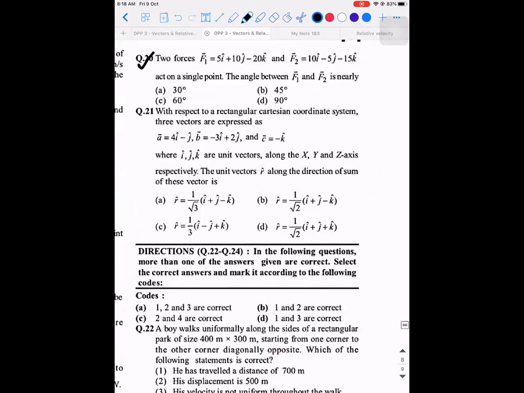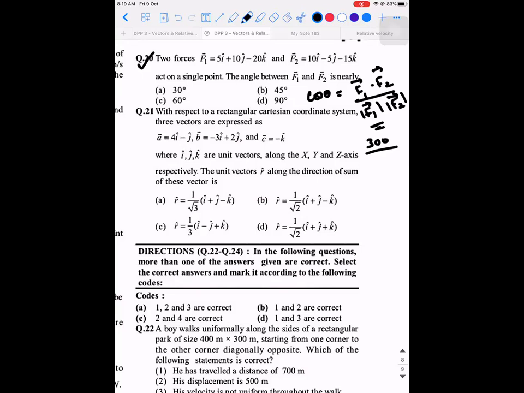There are two forces, F1 vector and F2 vector, which act at a single point. The angle between F1 vector and F2 vector is nearly. So if two vectors are given, the angle between them is given as the dot product of both the vectors divided by the product of magnitudes of those two vectors. So F1 vector dot F2 vector is 50 minus 50 plus 300. So 300